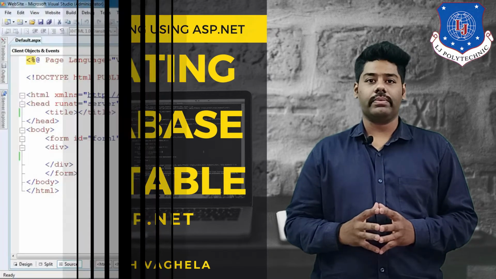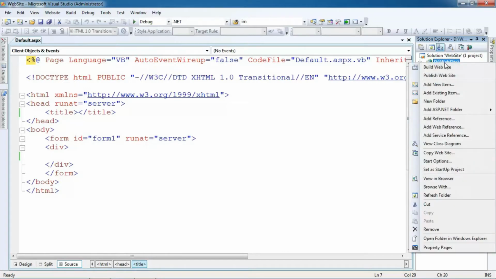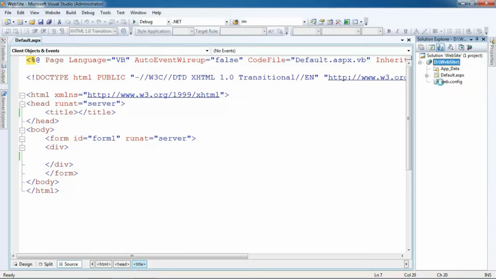Let's get started. So we are in our IDE. We have already created a website named website. Today I will show you how to create a database in this particular website. All you need to do is right click on the root directory and click on add new item.